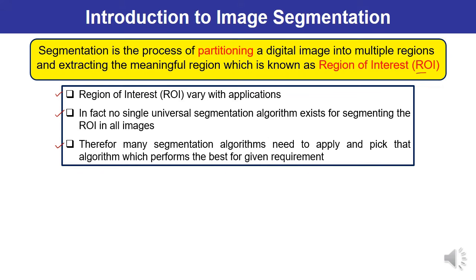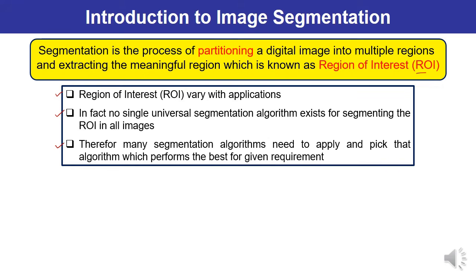As I have given you one example, you have an image with characters like a flower, car, and camera. All of these are available. So that is the region of interest, and if you take another image, it will vary with the application. For example, let us talk about medical imaging. What is the goal of a doctor? The goal of a doctor is to analyze the tumor in a computed tomography image. If you want to visualize the CT scan, then the doctor will try to identify the nature of the tumor and where it is present. It means here the tumor in the image is the ROI.